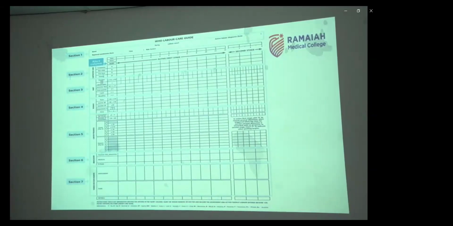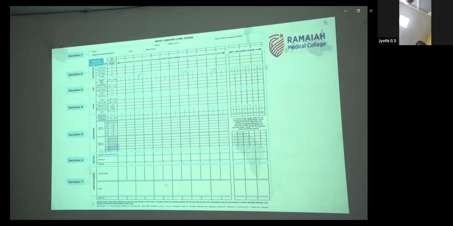Labor Care Guide consists of 7 sections, and we will be talking about each section in detail. Section 1 consists of the identification of the patient, which includes details, as mentioned, name, the parity, the date of admission and the time of admission, and the diagnosis at the time of admission, the rupturing of the membrane, the date and the time, and the risk factors associated, which could be obstetrical risk factors or the